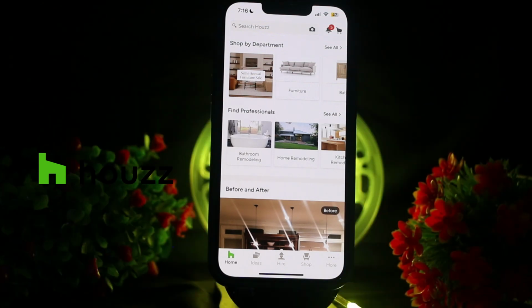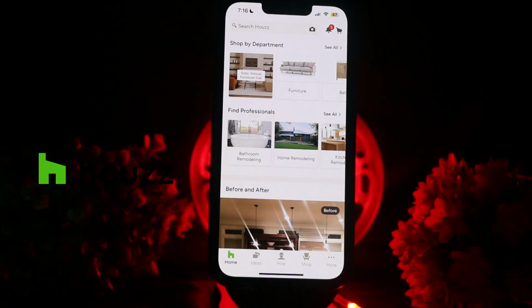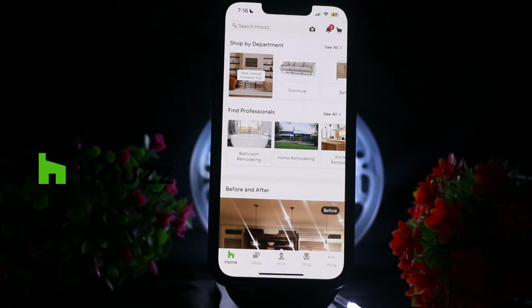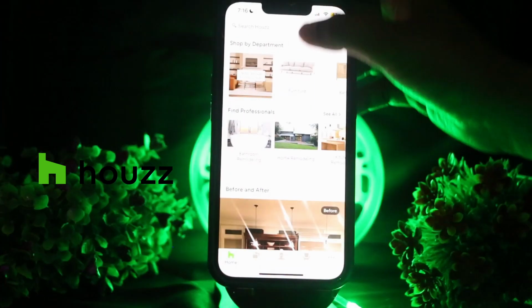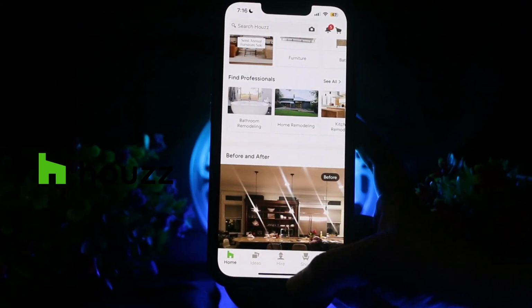As I have already said, in short, Houzz is an app for home design inspiration, finding professionals like contractors and designers, shopping for furniture and decor, and planning home improvement projects. It helps you visualize, collaborate, and execute your home design ideas. And if you have bought any kind of subscription for better exploration,